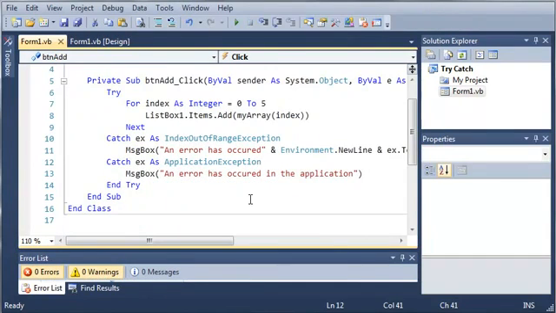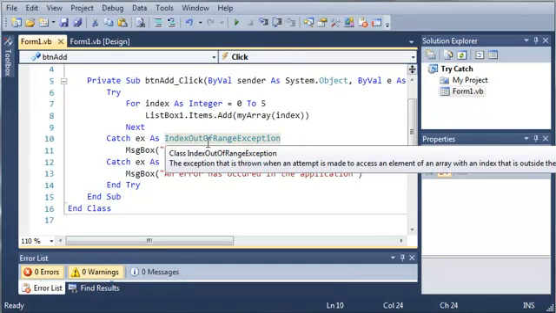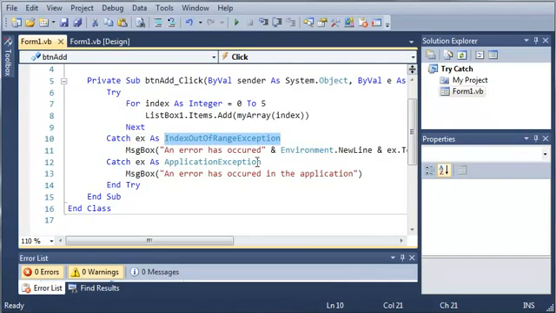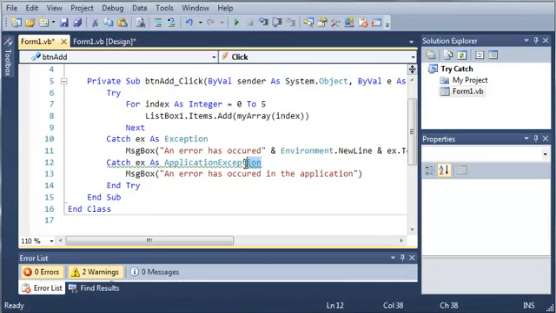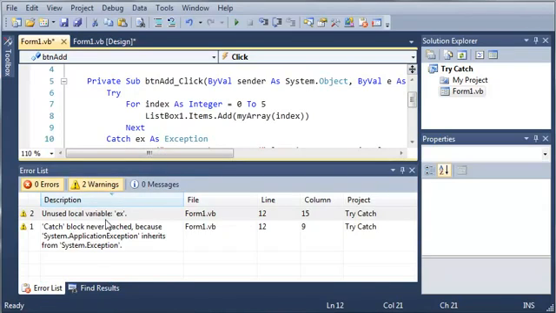So go ahead and practice this some. You can add multiple catch statements. Now if you catch an exception, just a normal exception, a default, and then catch another exception, it's going to run that code twice, because Exception is there for anything, and then let's say you have the IndexOutOfRangeException after that, whatever code is in between each of them is going to run. So for example, if I type Exception right here and then ApplicationException, you can see that we get a warning, and it says